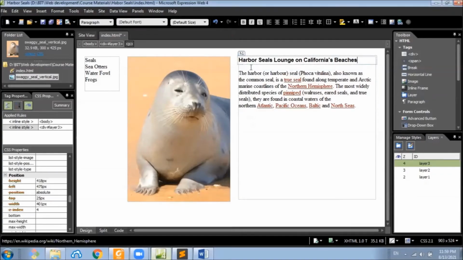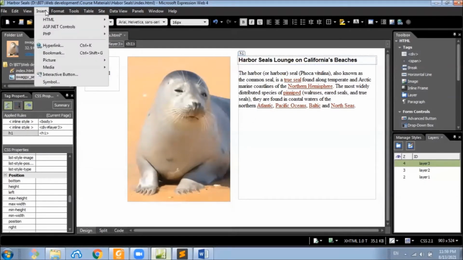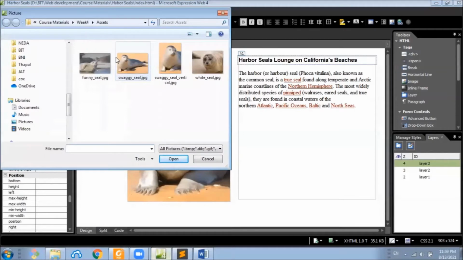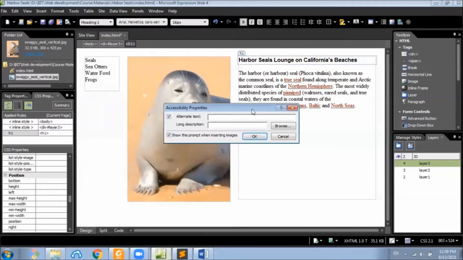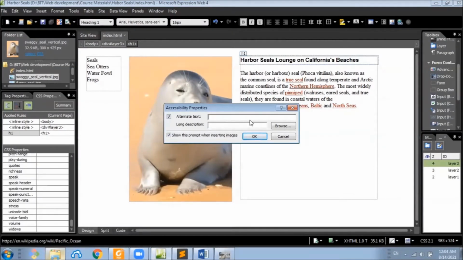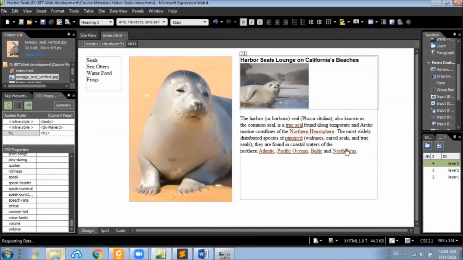Now if we go here or maybe here, if we insert another image, maybe this one, I name it the same name, harbor seal, and the long description, sleeping harbor seal. Right. Now you have noticed that the text appears at the bottom of the image,